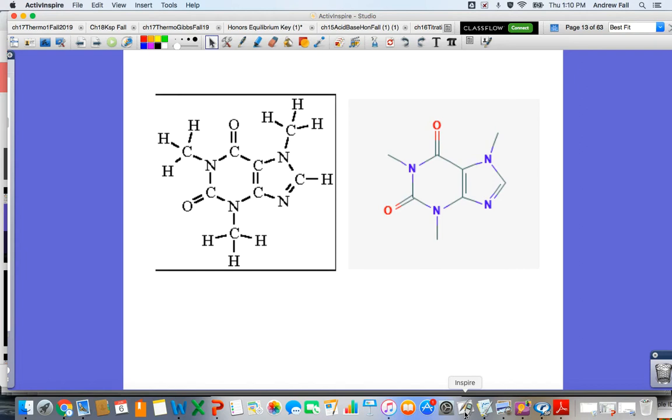In this video, we're going to talk about a more convenient way to draw Lewis structures that we call line structures. So on this page, you can see two drawings. One is a Lewis structure representing caffeine, and the other one is a line structure representing the same molecule, caffeine. Now, in organic chemistry, carbons and hydrogens are very abundant in most molecules. So we've got basically a shorthand way to represent them in a structure without actually having to write them out